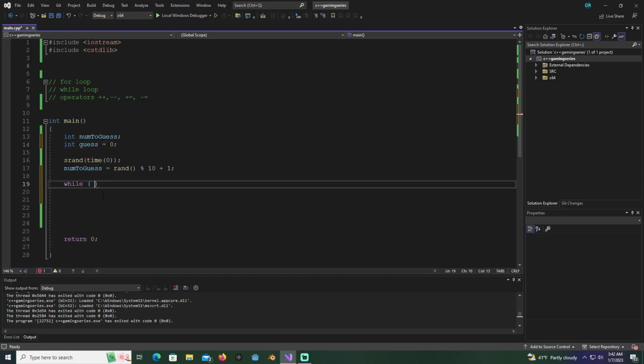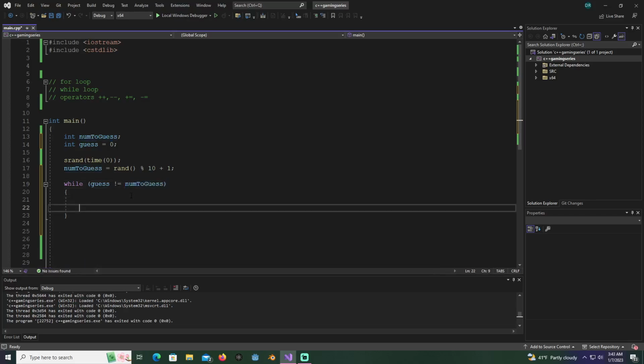So we'll put while guess. And this is actually an operator I haven't showed you guys. I showed you the equality operator. Well, this checks for non-equality. So as long as our guess is not equal to, let me go ahead and put this in here, number to guess, then it's going to say,